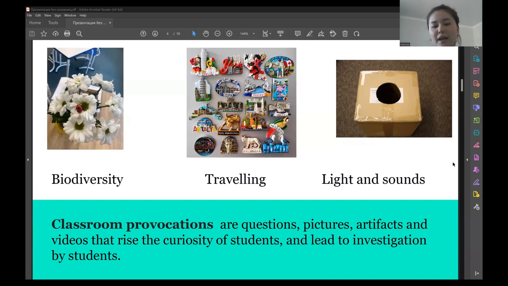The only visiting countries. So who visits the countries? Why do we call that person a tourist? And you can go even further, discussing the difference between two travel. Provocation is